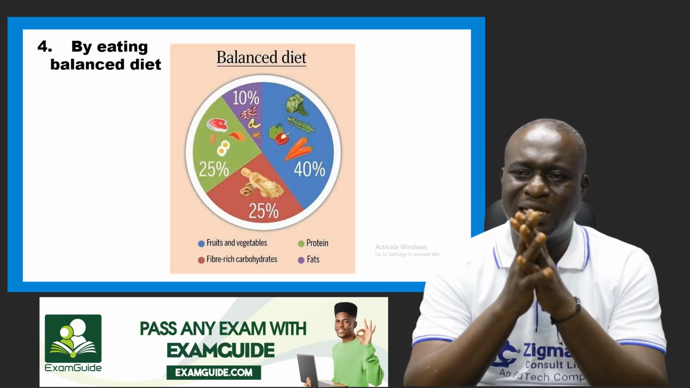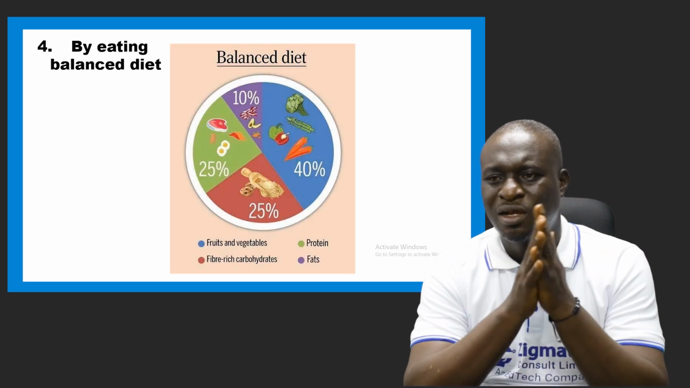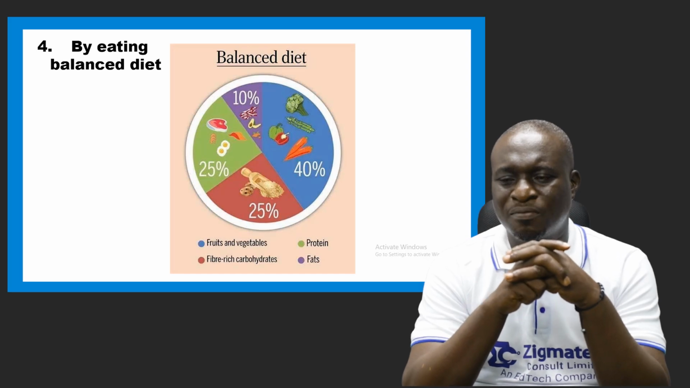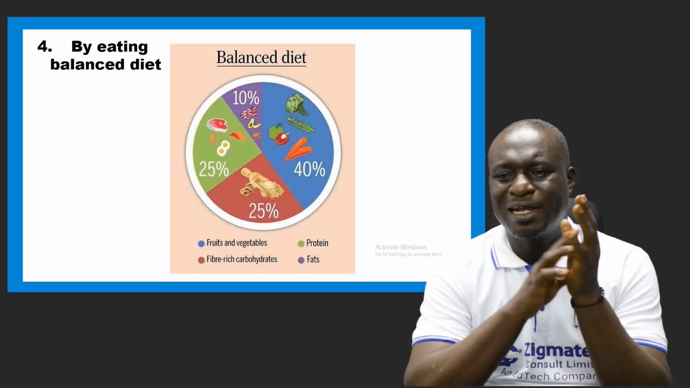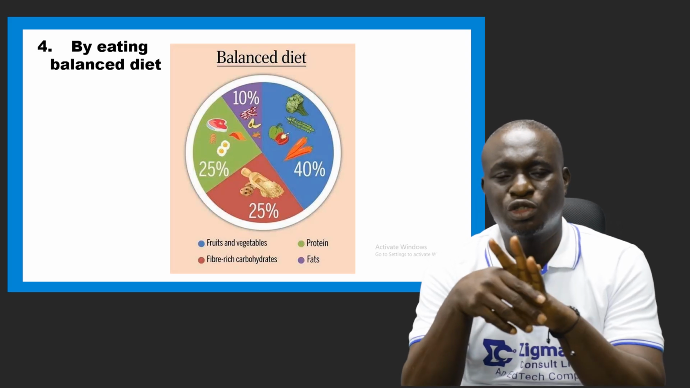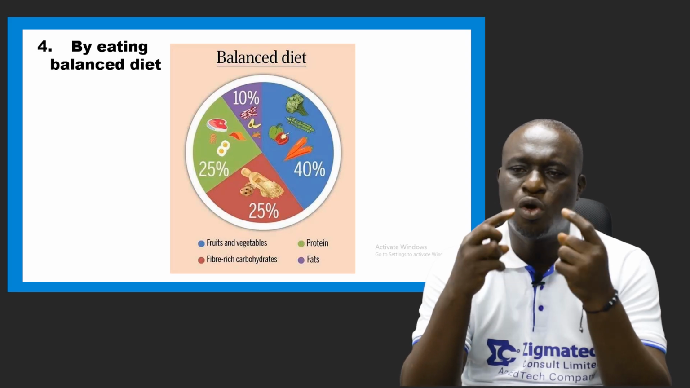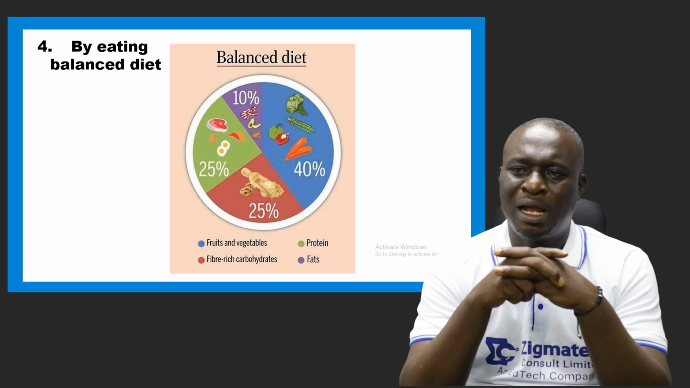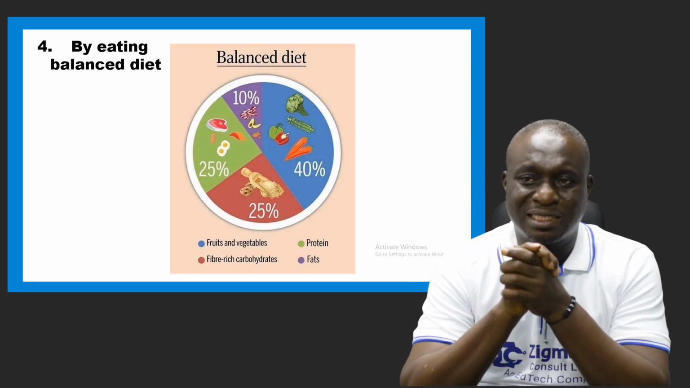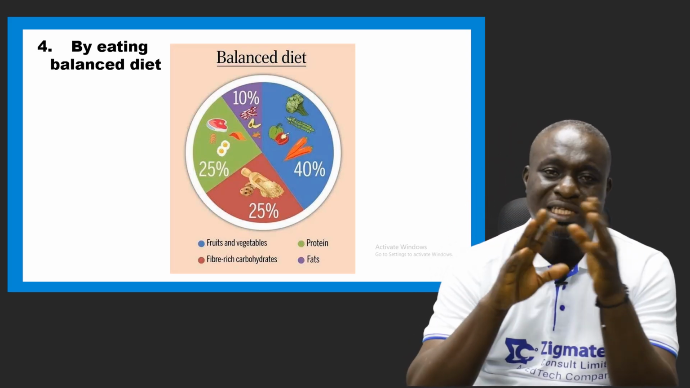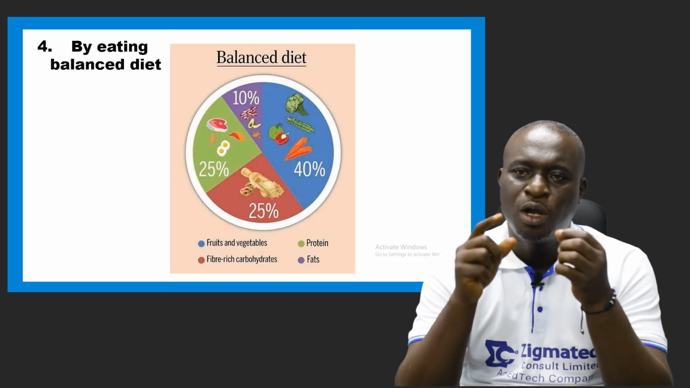Now, we have several examples of balanced diet, as we can see on the screen. We have 10% of fats. If you're taking your proteins, the proteins should be up to 25%. And then in terms of fibers, which are rich in carbohydrates, should also be up to 25%. But the one you should take more of in your diet is fruits and vegetables. I repeat again, fats should be low. You can see on the chart, fats is the lowest, 10%, and then carbohydrates and proteins are 25%, and then you should consume more vegetables